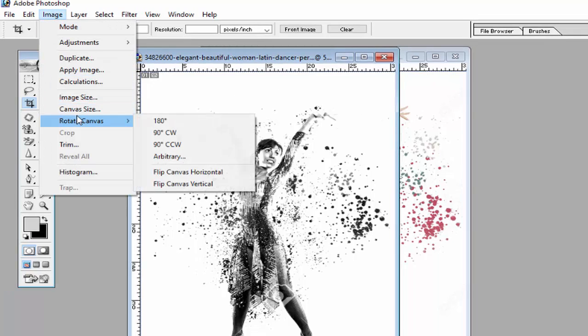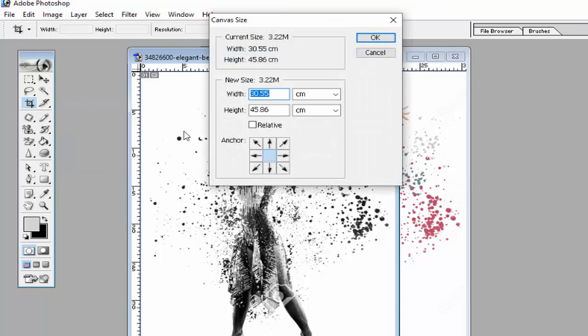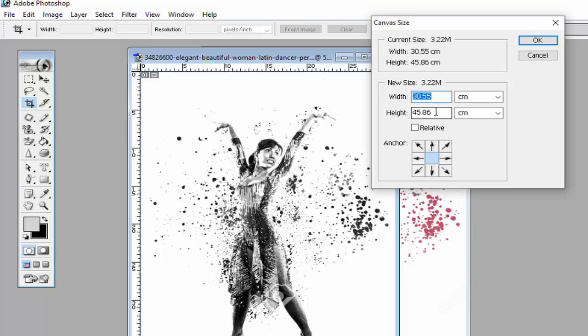The next option is Canvas Size. It's a very important option to give a frame to the image. Click here and then enter the width and height which this image currently has. If you want to increase the image width from 30.55 to 33 and the height from 45 to 48, then click OK.